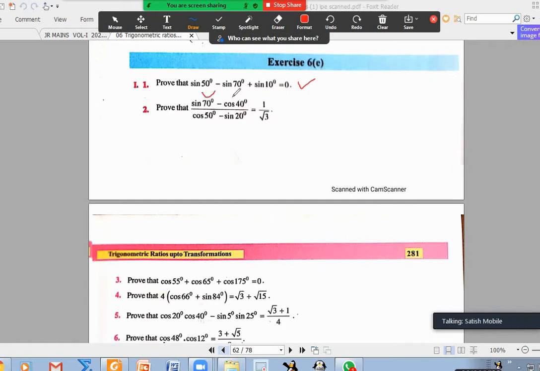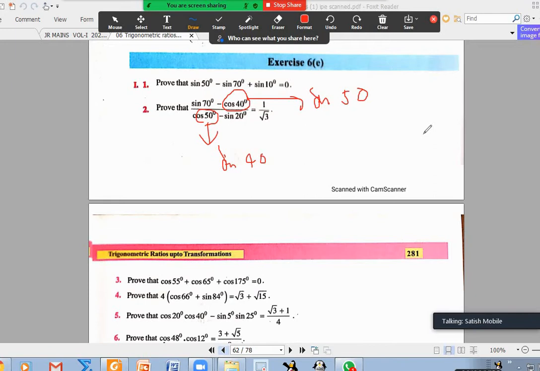See, when one is sine and one is cos, we cannot apply transformation. So you can convert both to sine or both to cos. Convert cos into sine and you can apply transformations. This cos 40, you can write sine 50 because 90 minus 40. Similarly, this cos 50, you can write as sine 40. Sine A minus sine B in the numerator, sine A minus sine B in the denominator. You will get cos in the numerator with 60 plus 10 degrees and 60 minus 10 degrees, and 60 minus 20 degrees and 60 plus 20 degrees in the denominator.